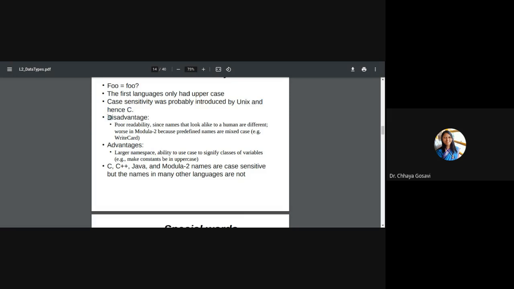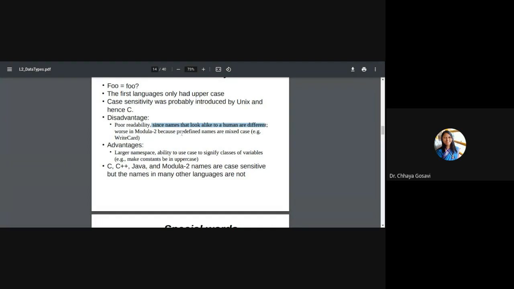What is the disadvantage of case insensitivity? The disadvantage of case insensitivity is poor readability, because I don't know whether this is a function name or a class name, as I can randomly use uppercase, lowercase, or any case characters. So readability is poor, since names that look alike to a human are different. Complex can be my class name, method name, variable name, or a file name.